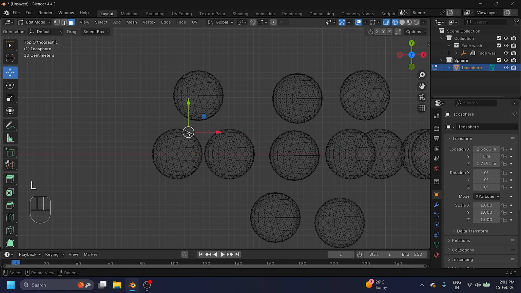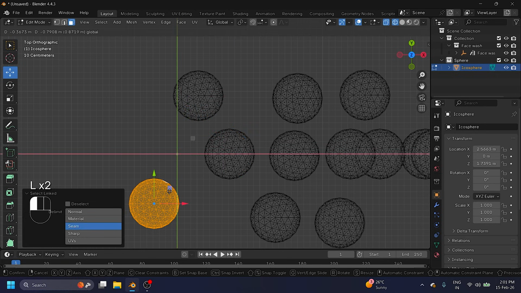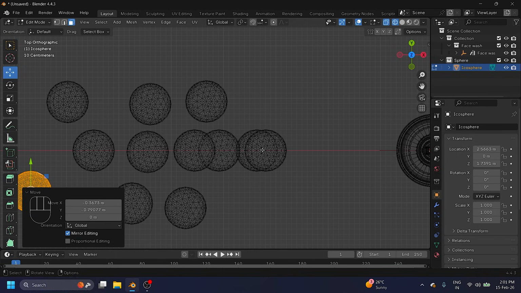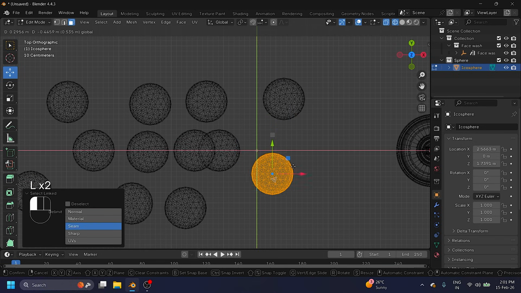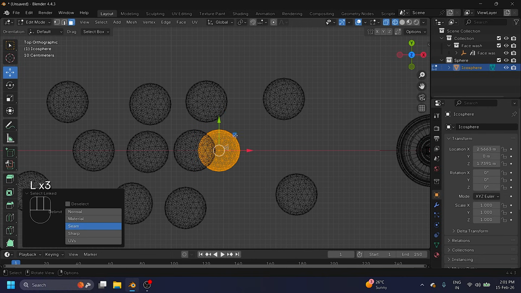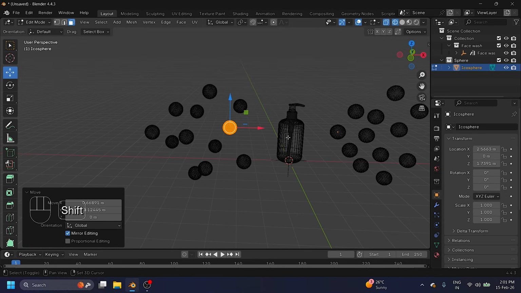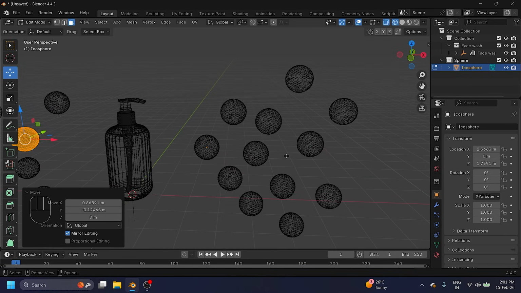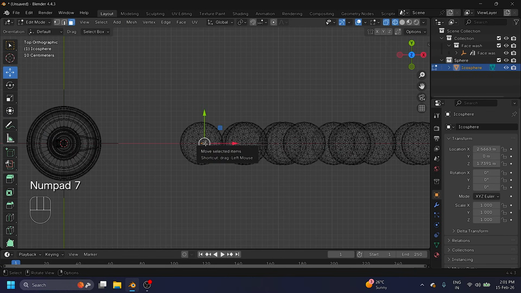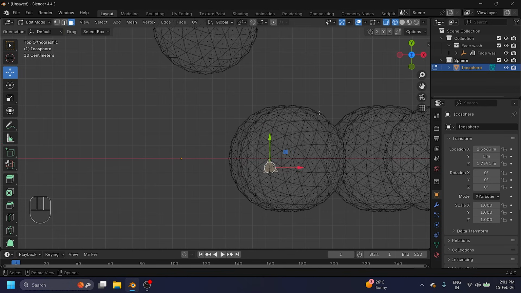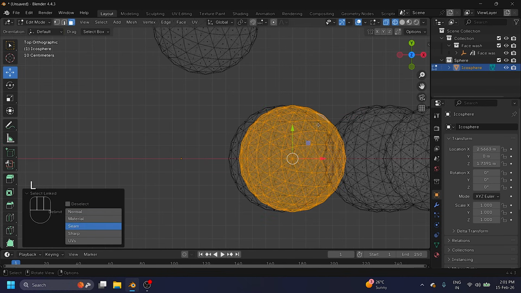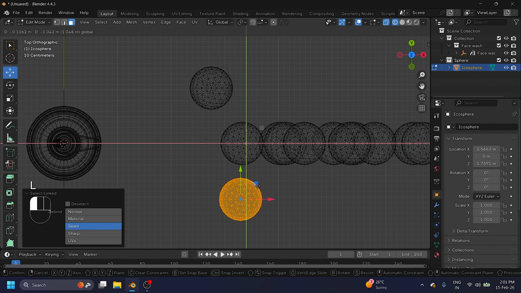It takes a little bit of time. Yes, good. Go to here. Press L. And lastly, yes, perfect. See, it's my sphere. Now the same step here. Press L and go to here. Closer. And here.